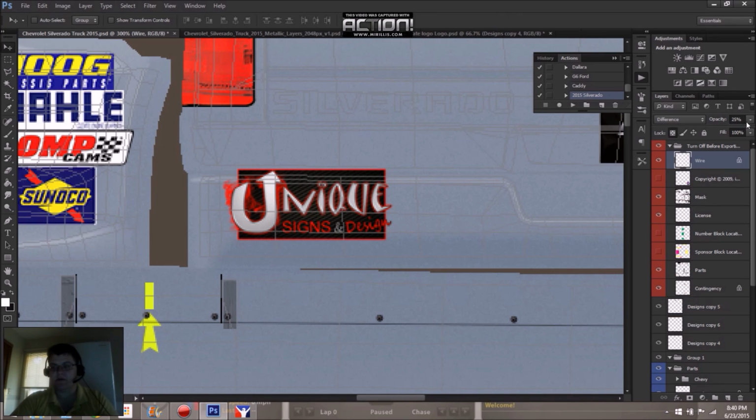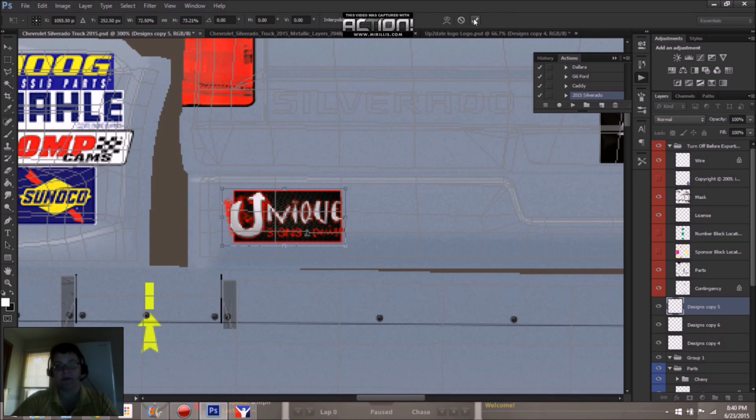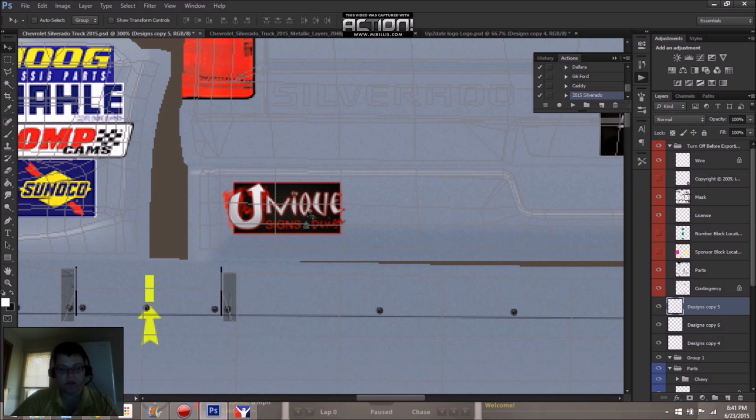I need to turn those up a little bit so they're easier to see. Make that just a little bit smaller. Once again, we're not looking for readability, we're looking for recognizability. Okay, so put it there.